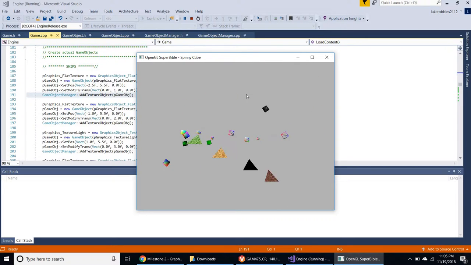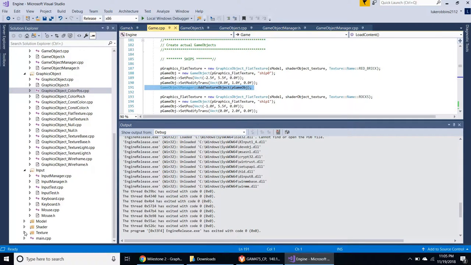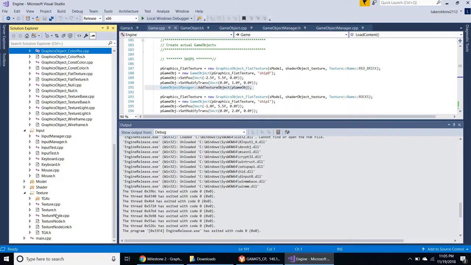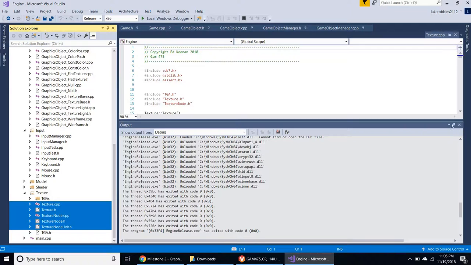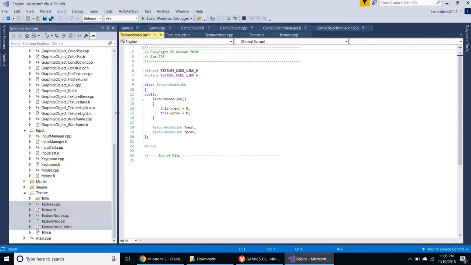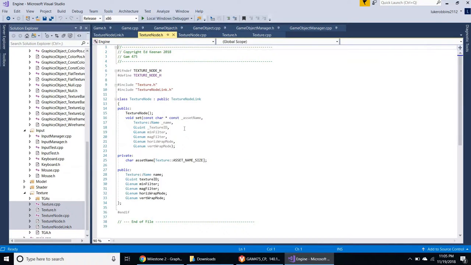And so, like the camera and the camera node information, I've got that linked list of textures owned by the texture manager. What's happening when I hit that is that each of those textures is being moved to the next one in the linked list. So what will happen is that each texture node will be set based on